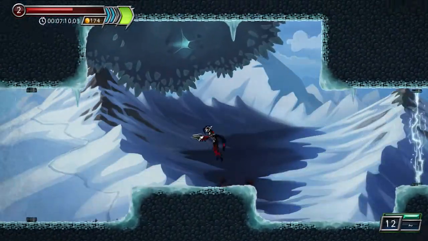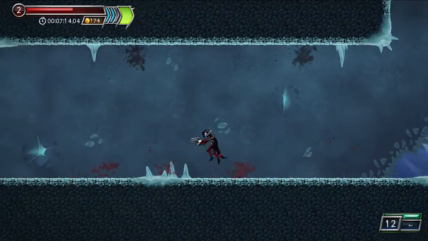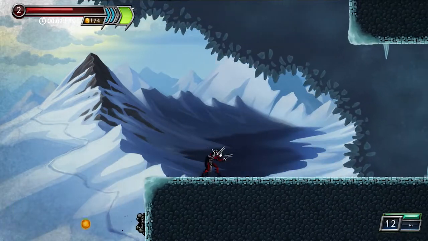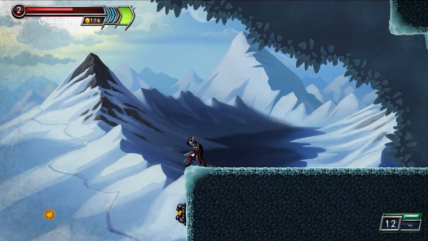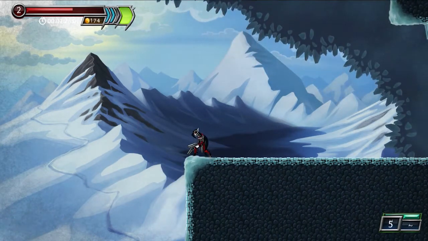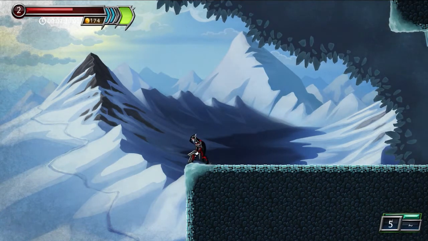I have a feeling I missed a thing back there, didn't I? There was like an enemy. Let's do a bit of backtracking, why not? Because I missed a thing. As you move the mouse around, it does move the camera slightly, but I don't think it's going to be enough to help in this particular instance. Very hard to tell whether I'm allowed to go down there or not. The enemy suggests that I can, but...